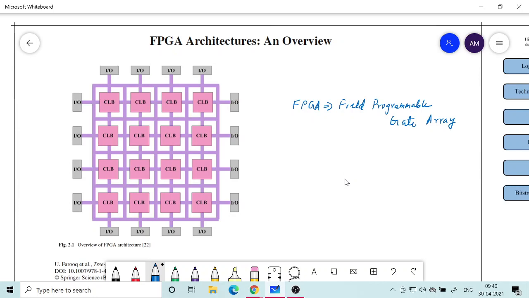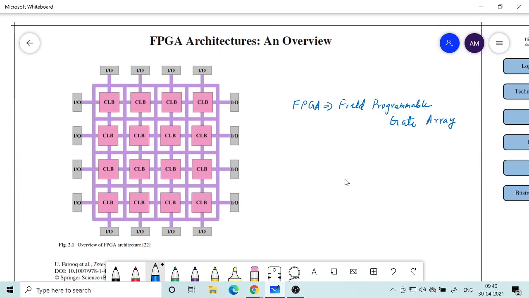So that gives an advantage, and that is why FPGAs are very popular. So field programmable, so on the site after it is deployed you can still make changes in the configuration. Configuration means how the basic components, the programmable logic components, are interconnected, that you can still make changes so that you can change the functionality of the chip according to your desire.